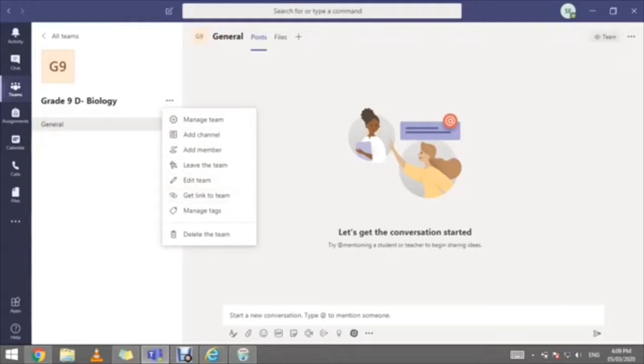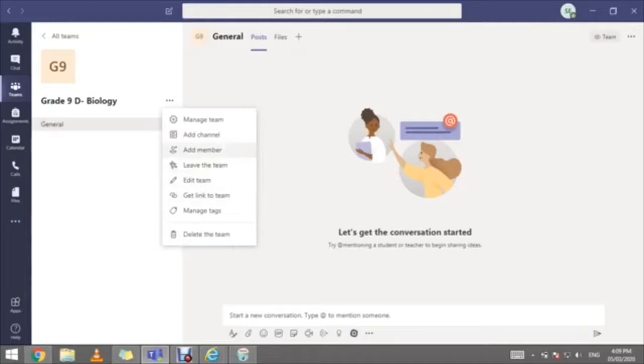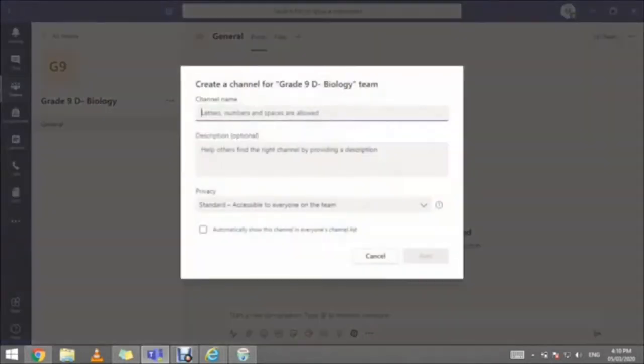Now let's explore the basic, or key, options in Microsoft Teams. There are two key options in the Microsoft Teams platform. One of them is the channels, which is in here. The second key option is the tabs, which are here. So channels and tabs are the two pillars of any Microsoft Teams group. You can add channels from here, and the channels are dedicated for your subjects, sections,